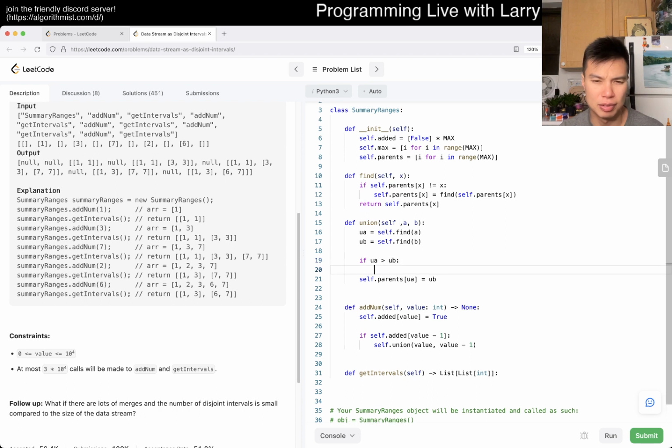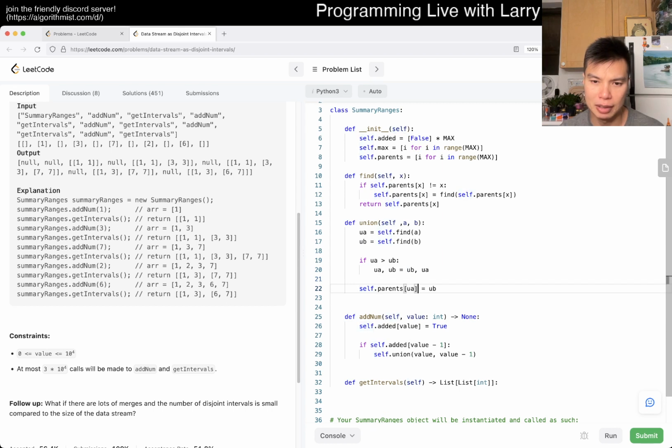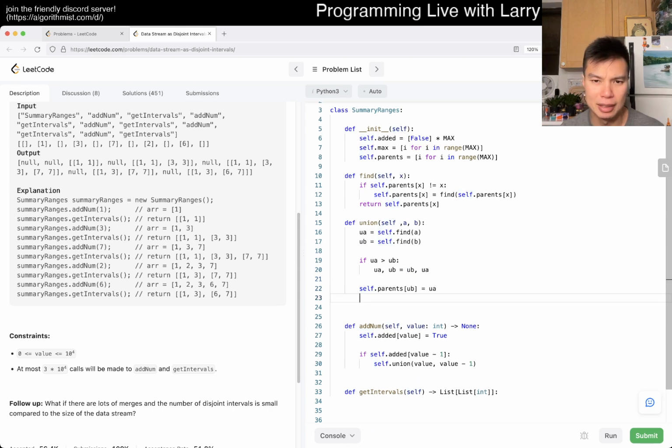If UA is greater for whatever reason, then we swap. We want to make sure that this is a small number, and then we have to update the max of UA. Basically what I'm trying to do, and this is the part that may be a little bit tricky, is that when we add two numbers, we want to make sure that the max is updated, right? So basically self.max of UB, because basically